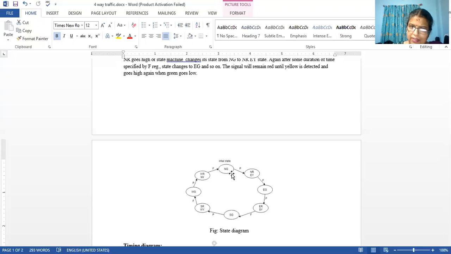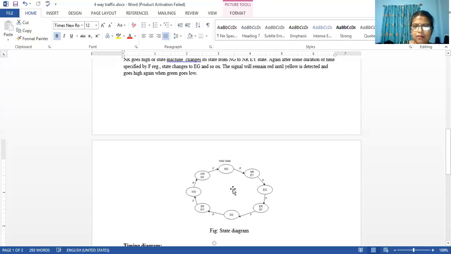If you have not done that, what will happen? This will be going on. For example, the Prime Minister or someone is coming. So what the policeman does, all the other things he will block, and only one direction green will be high, right? Remaining everything he will be blocking. So during that time, he might have applied a start pulse so that the north green is continuously high for a long time. Remaining all are set to that.